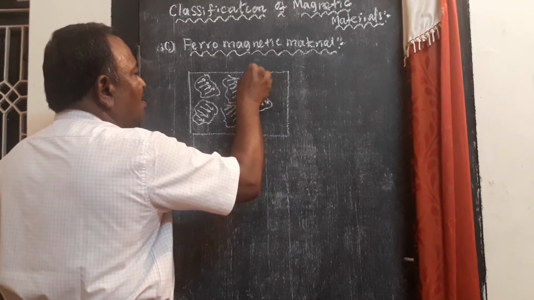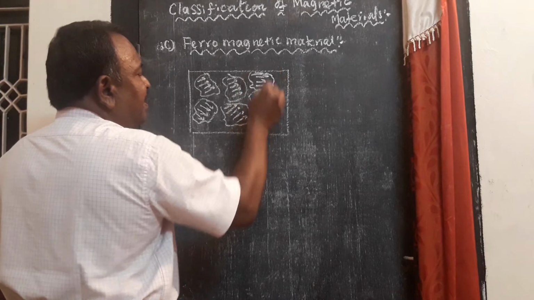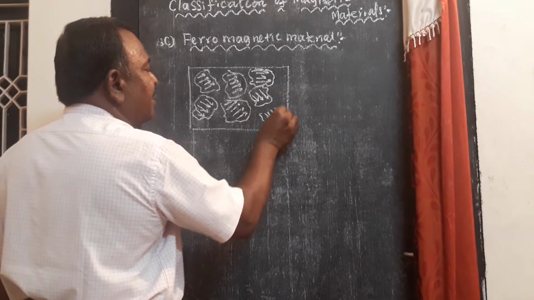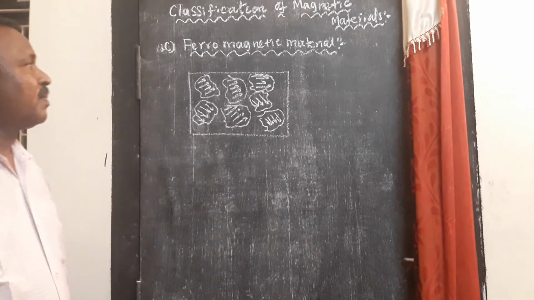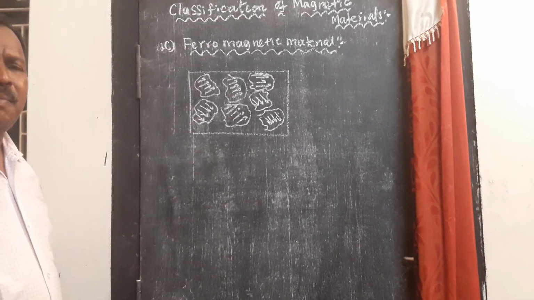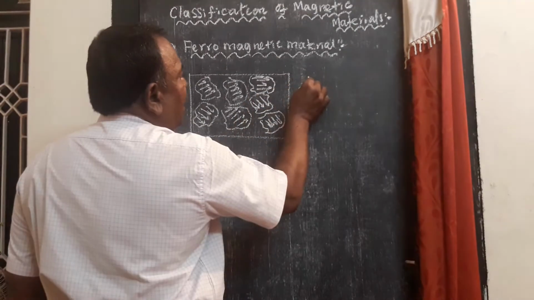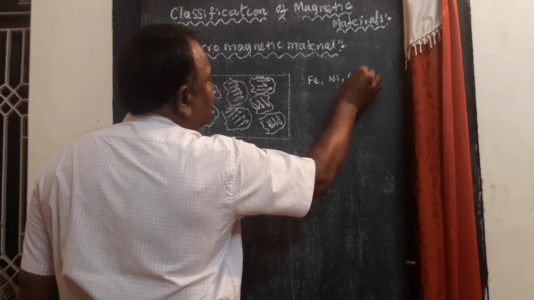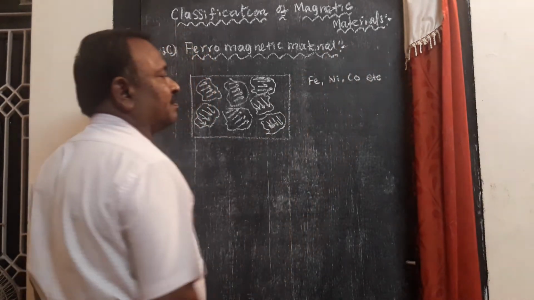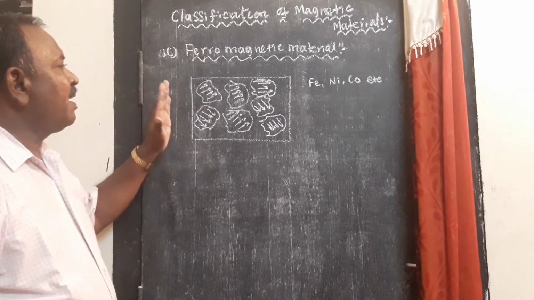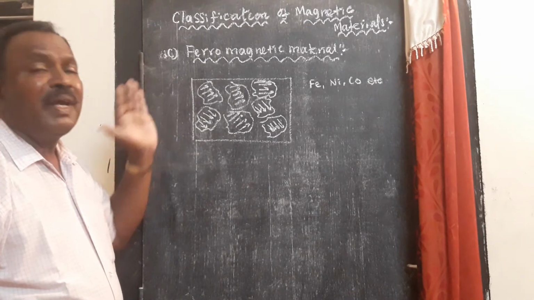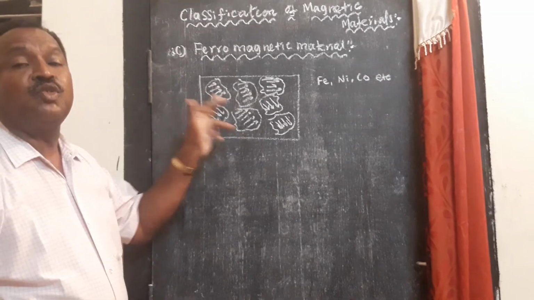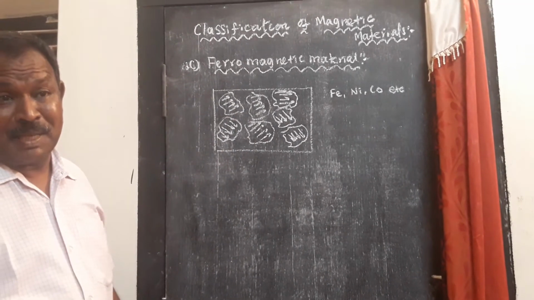So this type of domains are called ferromagnetic domains. Examples for ferromagnetic material: iron, nickel, cobalt, etc. They are explained by domain theory. The theory which explains this is called domain theory. So domain is nothing but